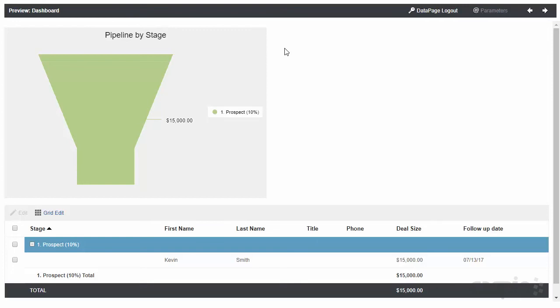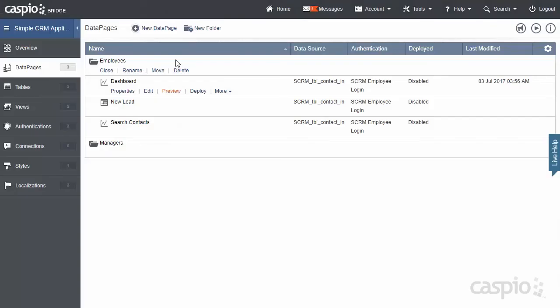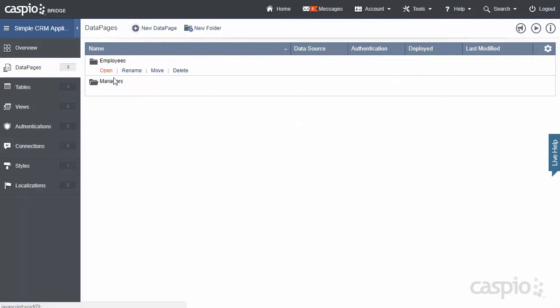We have now completed all of the functionality on the employee side of the application. Let's now build all of the interfaces for the managers to complete the application build. Let's take a look. Let's create the remainder of the functionality. So I will go ahead and close the preview screen. And if you're done with building all the interfaces for the employee side of things, you can simply close the folder, expand your manager folder, and now you can begin developing all the necessary data pages and components for the